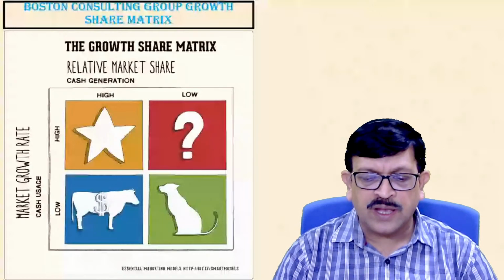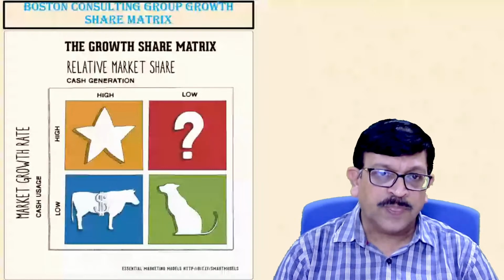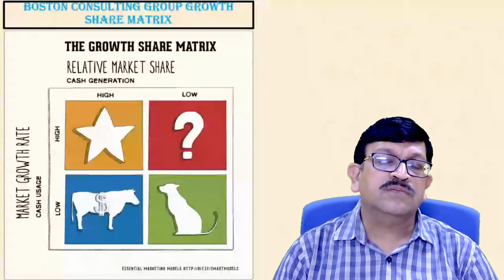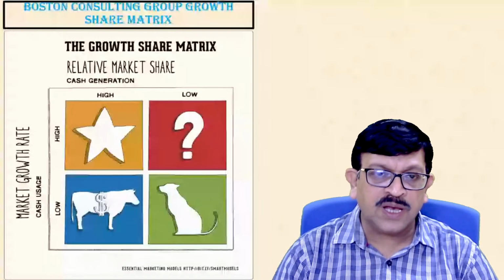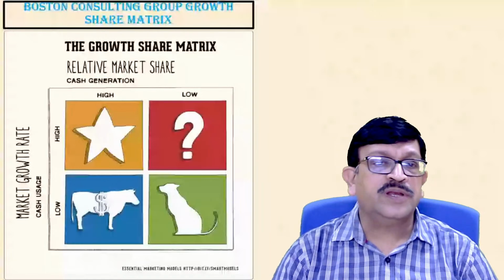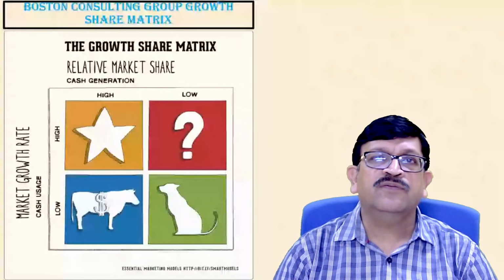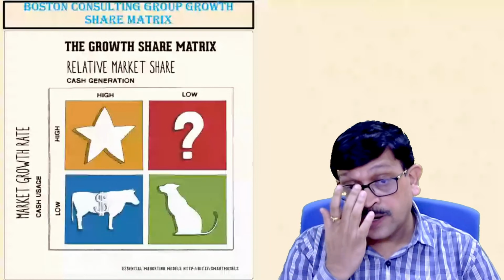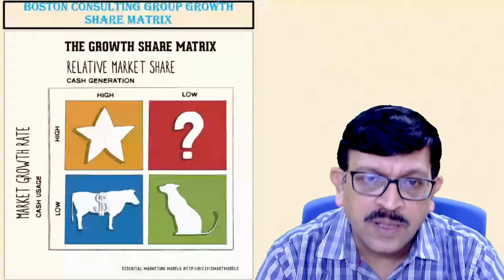It is ideally called a problem child, because we do not know what kind of trajectory it can take in future. There is an unpredictability associated with this particular stage of question marks, but there is potential because the growth rate is very high. The relative market share being low could be because the firm's competitiveness in those markets could be less, because they are either new to the market now, or they have not explored the possibilities to expand